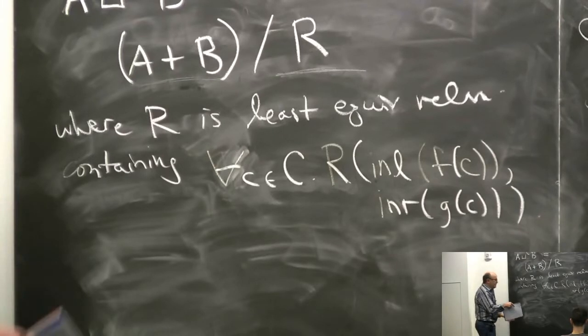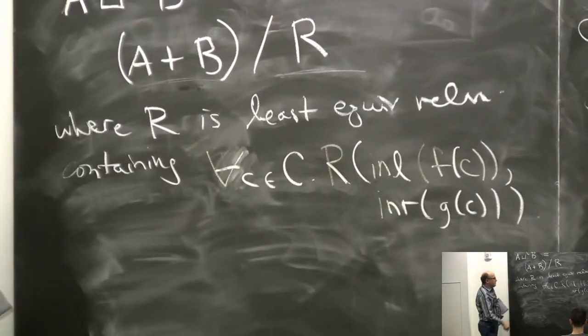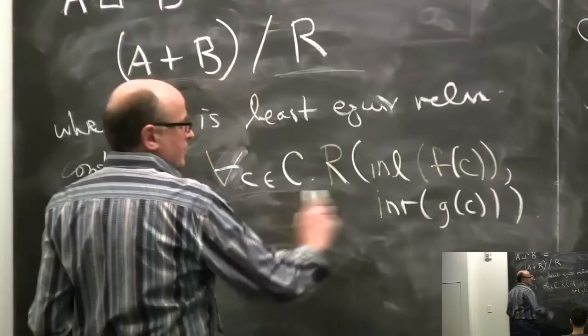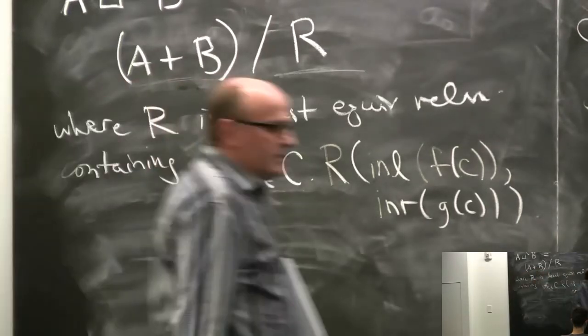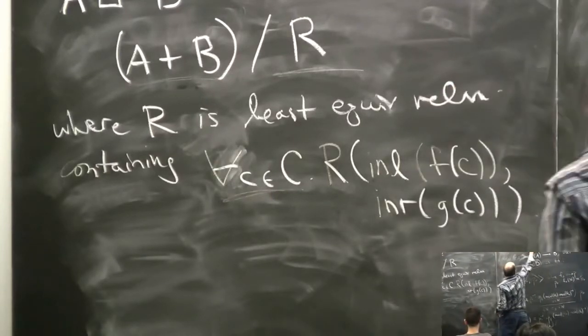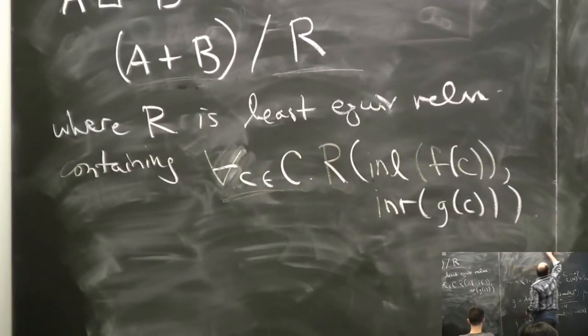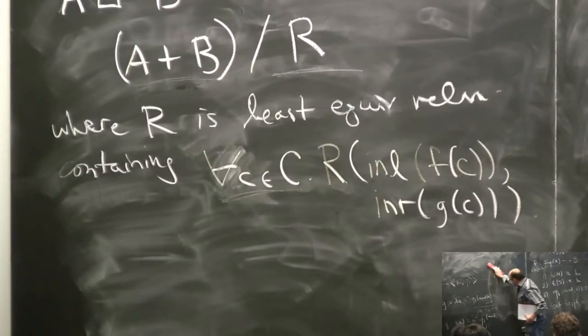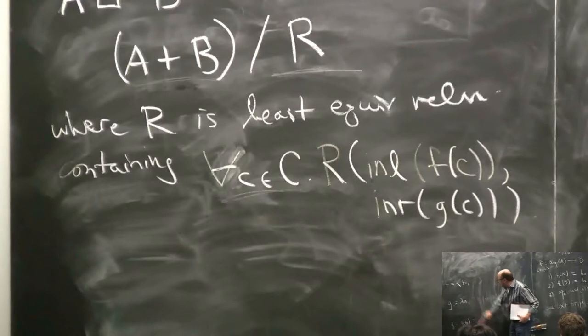And the F's and the G's tell you how to draw the picture in A and in B respectively. And then you want to make sure that with respect to the picture, they're all the same. Okay, so that's what you do. And then you can prove for yourself, and I won't do this here, that that really is a push out. So as usual, a big idea in category theory